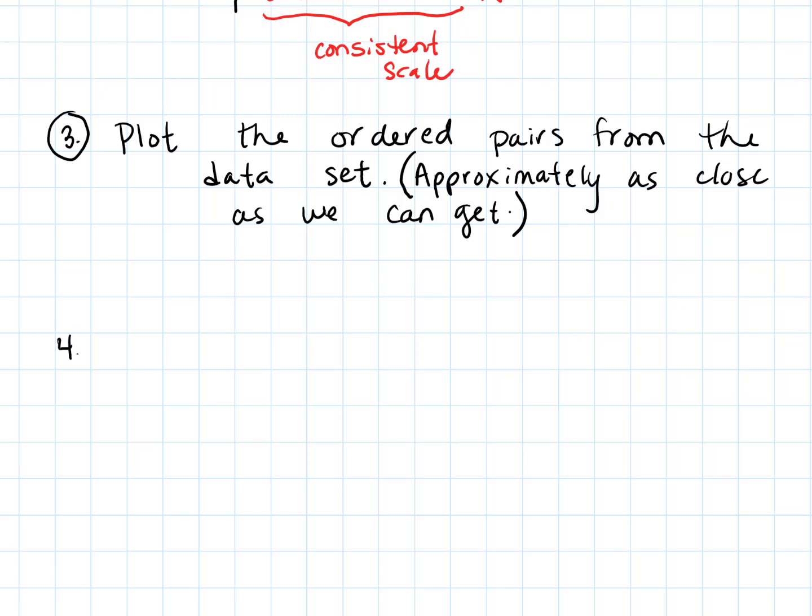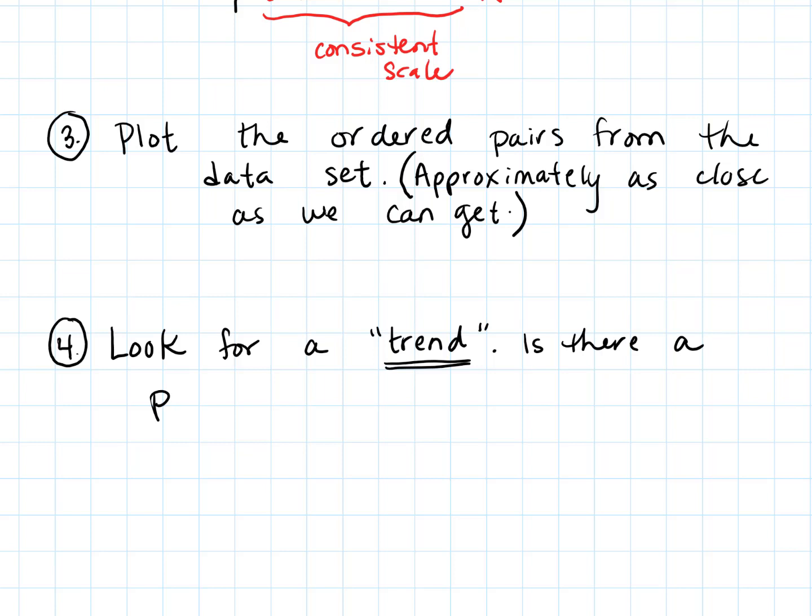And the fourth thing that we're always going to do once we've got all of our data graphed is we're going to pull back and look for a trend. After we get the data graphed, this is the whole reason we're graphing the data: we're going to look for what is called a trend in the data. What I mean by that is, is there some sort of pattern that we can recognize, something that we can capture mathematically? So is there a pattern in the data